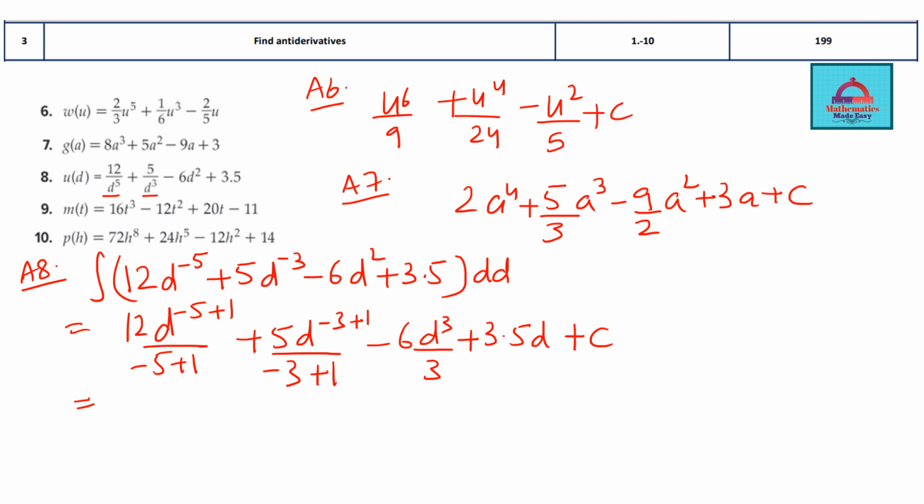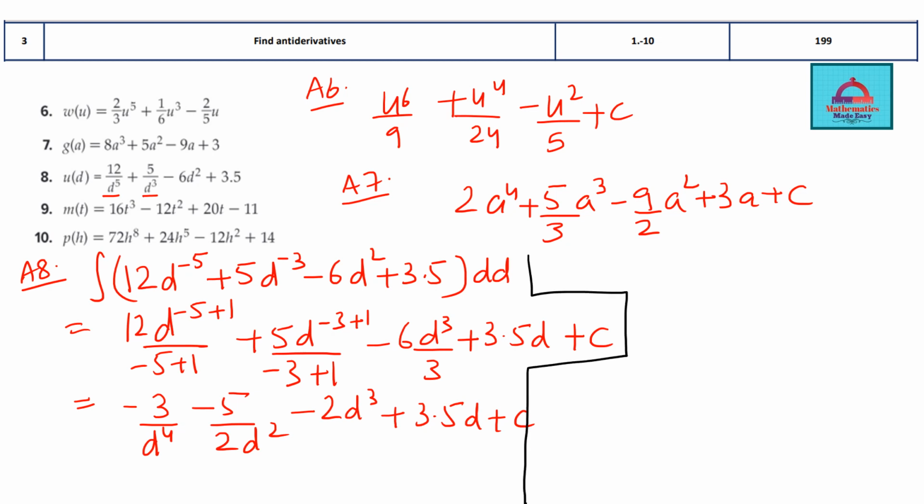So the final answer on simplification and cancellation would be minus 3 over d to the power 4 minus 5 over 2d square minus 2d cube plus 3.5d plus c. And now let me give you the final answers for the last two questions also. So for answer 9, the final answer would be 4d to the power 4